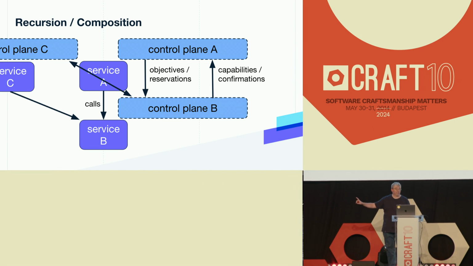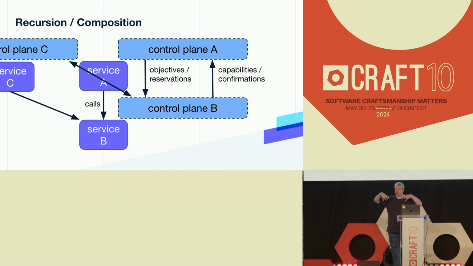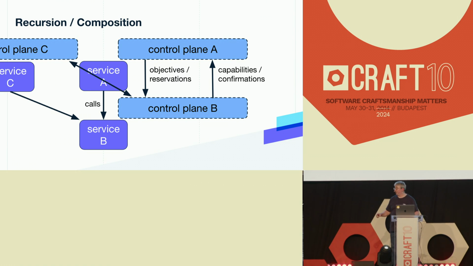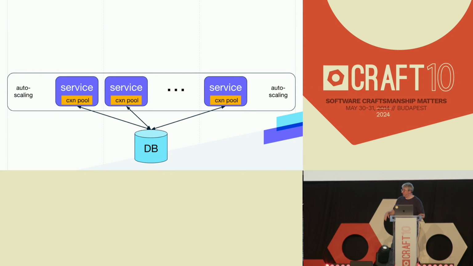And now the control plane for B is the place where this can all come together, right? I can actually look at the collective set of objectives that I'm required to meet and figure out what to do, how to resolve any conflicts that are in there. Because I actually have a single place where that can happen now, which I think gets very interesting.